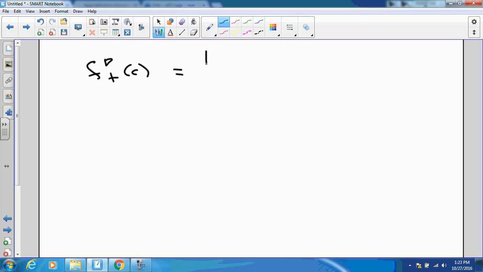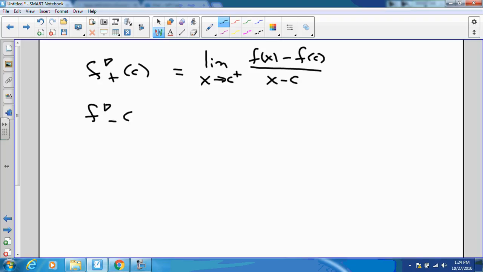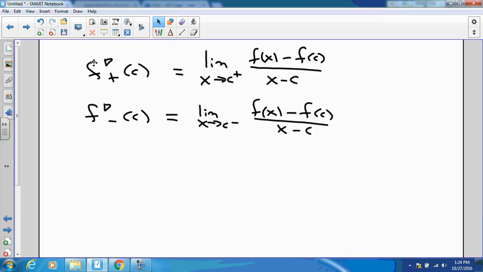Limit as x goes to C, only from the right, exactly so. And from the left? Limit as x goes to C from the left. All that muttering was taking place because it's the same thing, but we're approaching now from the left. And overall,